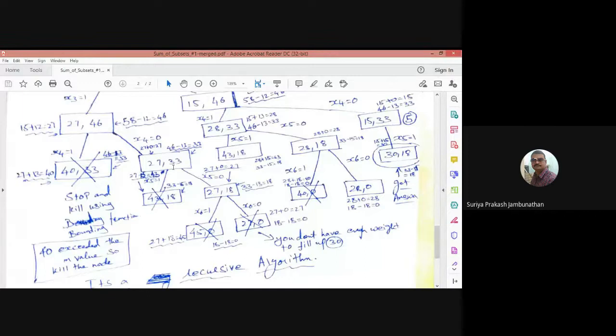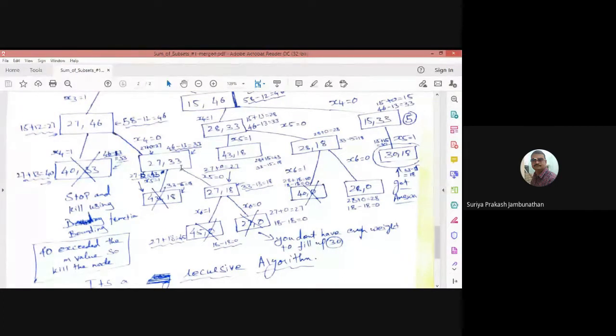Now the next position, we are considering x5. When you are considering x5, what happens? The x5 value is 15. So 27 plus 15, we are getting 43. And this particular 33 will be subtracted with 15, so that we are getting 18 here. 43 comma 18 we will get. 43 is greater than 30, so we are omitting this position.